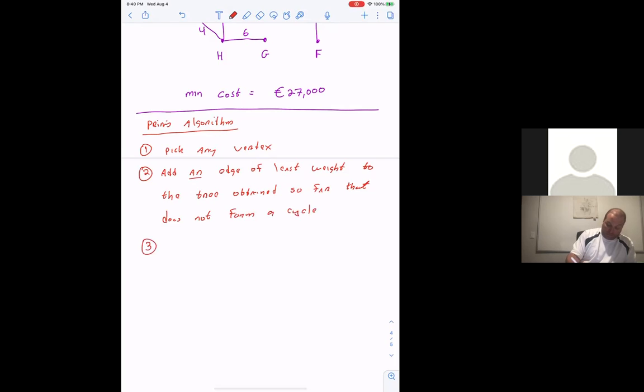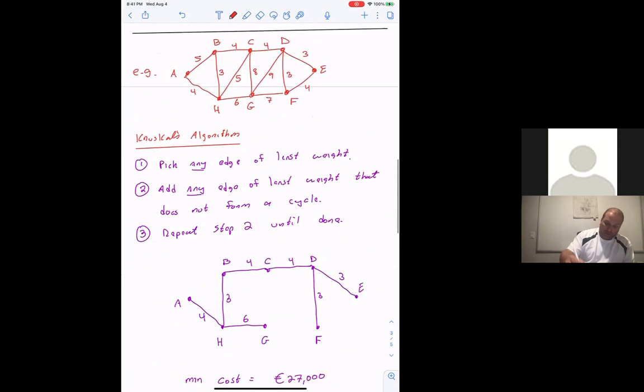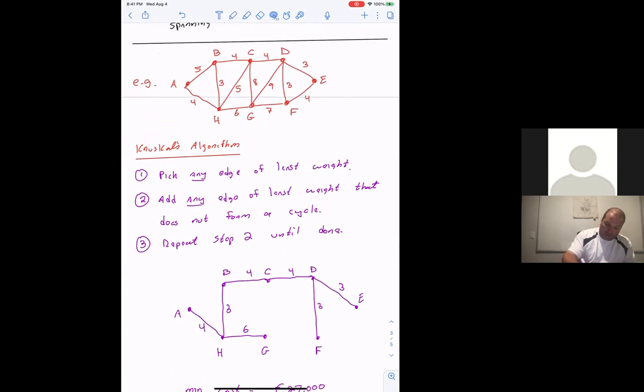And step 3, repeat step 2 until done. Okay, that's Prim's algorithm. So let's start with the, well,